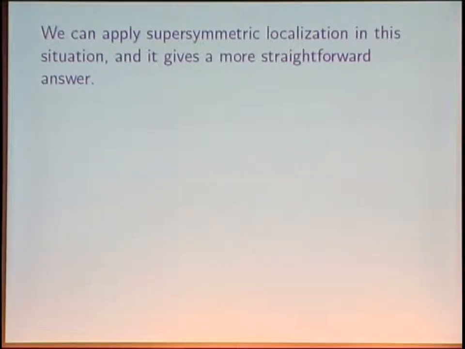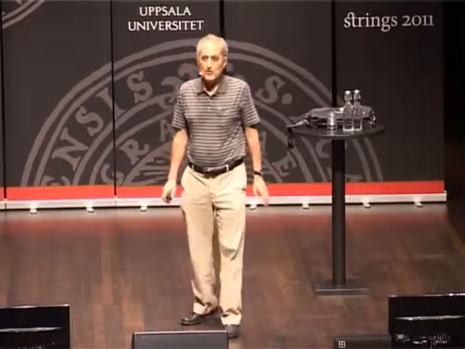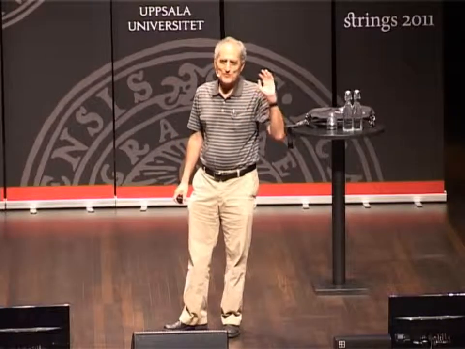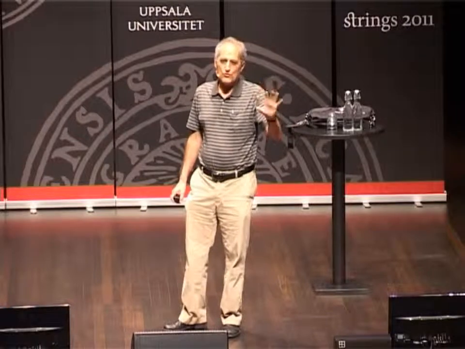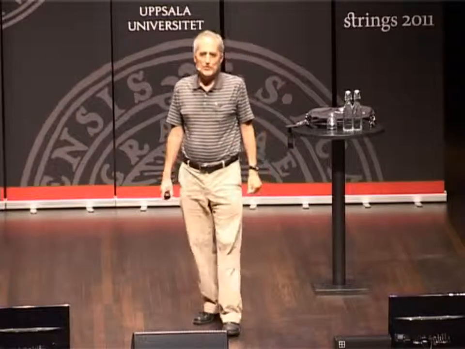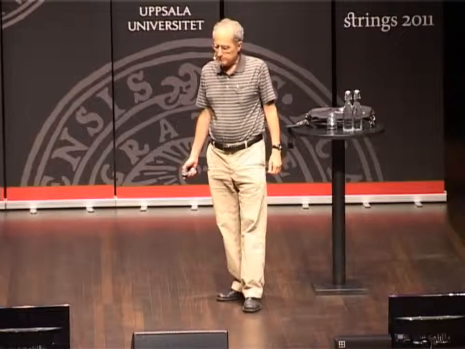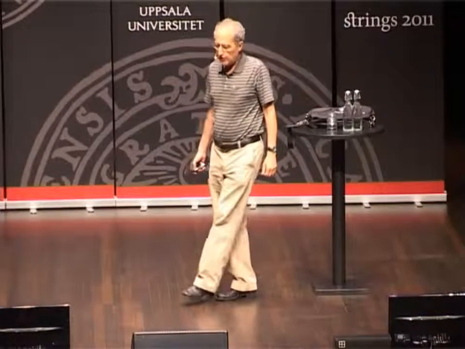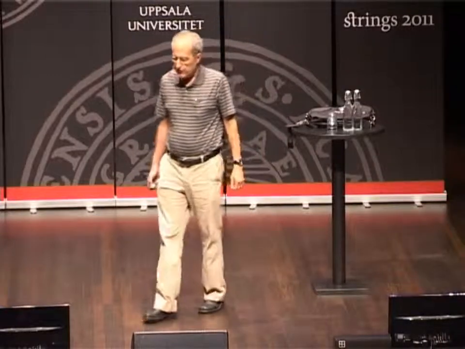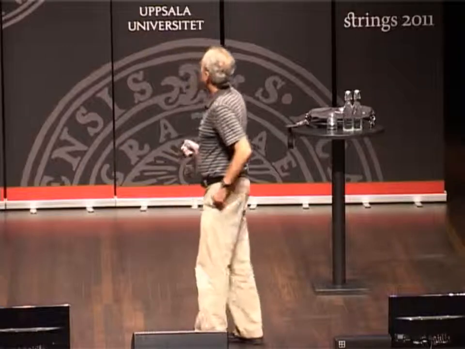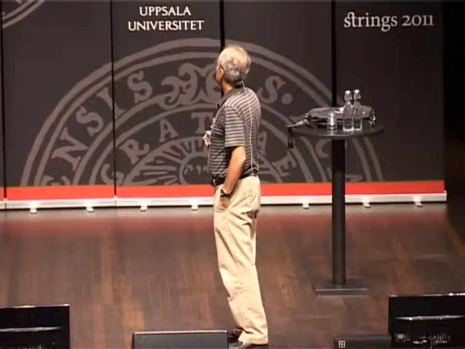Something that's true when you do supersymmetric localization: the easiest thing that can happen to you is to localize on the solutions of some equations, which hopefully have a very limited set of solutions. And that's what happens to you here. The localization occurs on the solutions of a certain set of equations that are the conditions for Q invariance. I've written them here. They're equations for a gauge field.